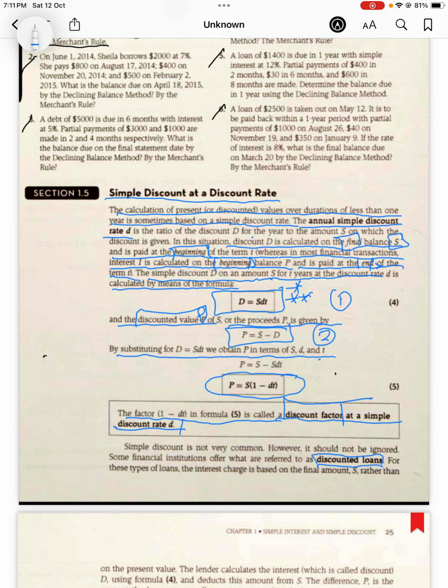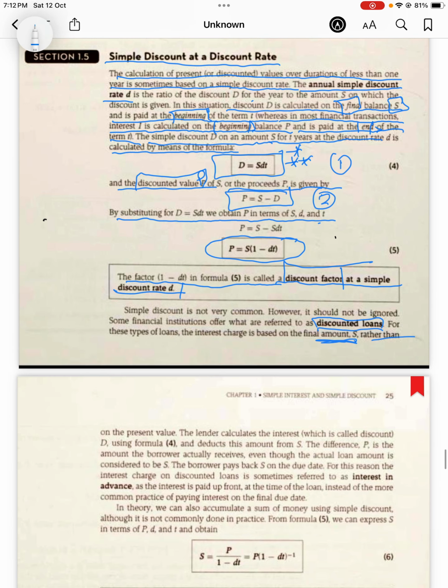For these types of loans, the interest charge is based on the final amount S rather than on the present value, which is B. The lender calculates the interest, which is called discount D,